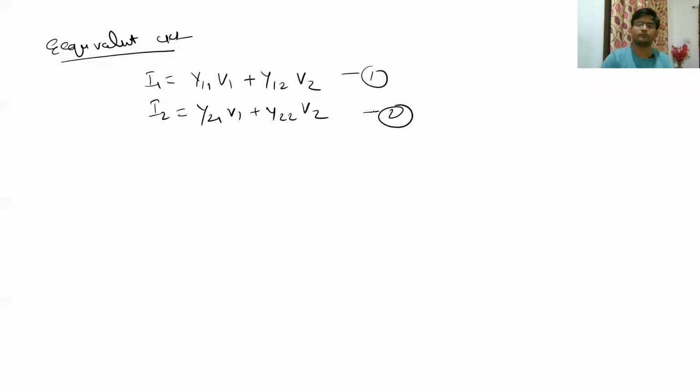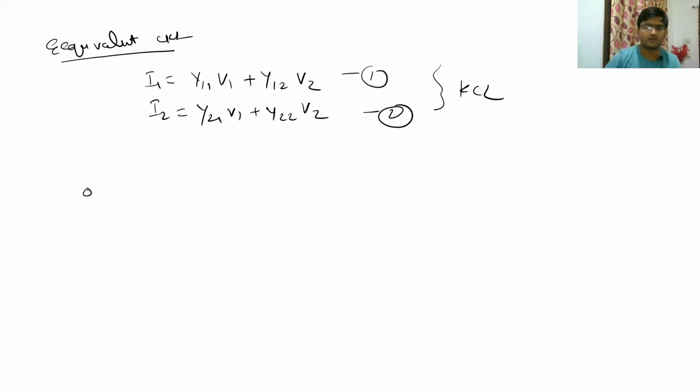Now let us move to the next parameter, which is hybrid parameter. Oh, sorry, I just missed the equivalent circuit of this Y parameter. So before drawing the equivalent circuit, let me quickly write the equation. As you know, these equations are KCL equations. So we have to write the current KCL equations, like we have to draw parallel branches of the circuits. In KVL, you draw a series circuit in which the sum of all the voltages is equal to 0. And in KCL, you draw nodes from where different current branches go out.